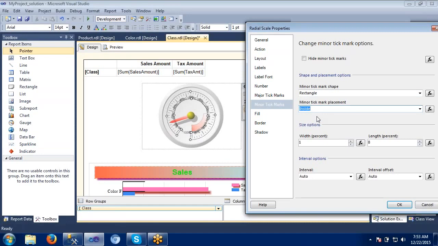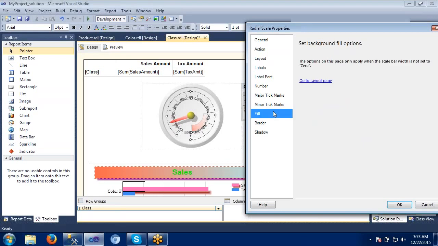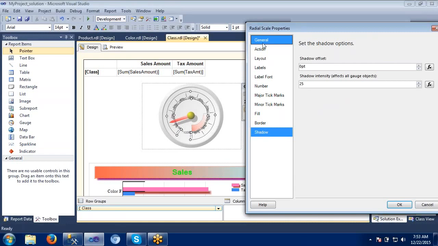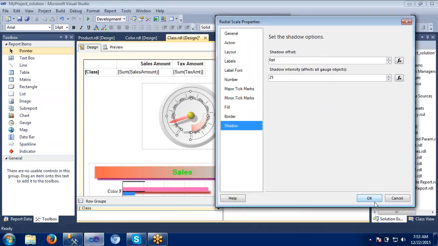If you want to increase this size, we can make use of this one. See, if you want to change this one, it will automatically change. Fill, it's nothing but to give the fill option here. Set background color to the fill option here. So we can change it in the layout. It is giving like this. So these are the scale options available.